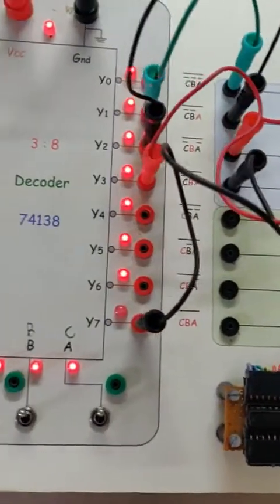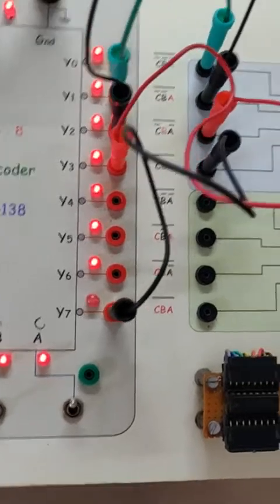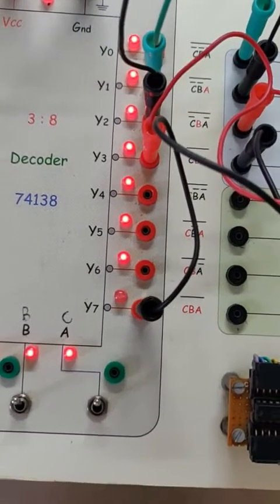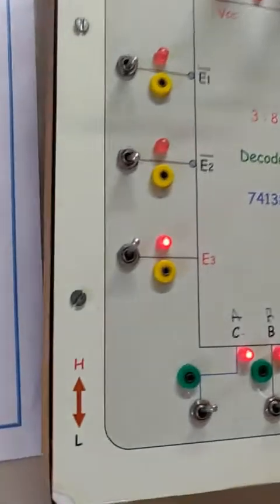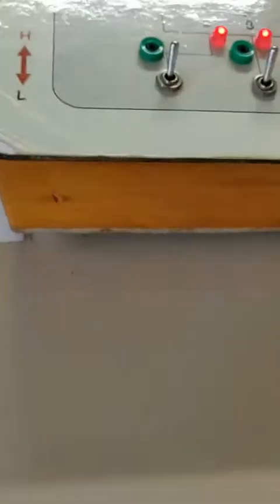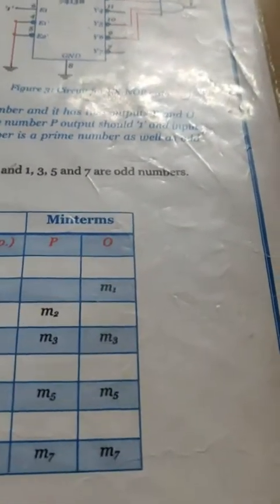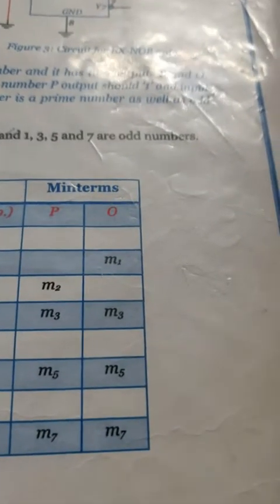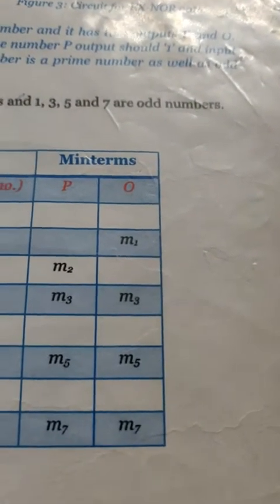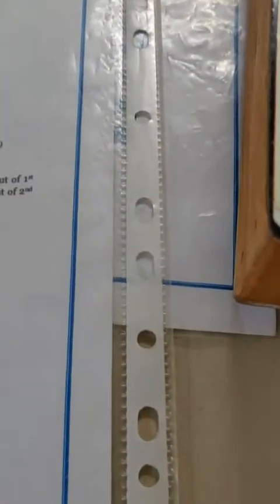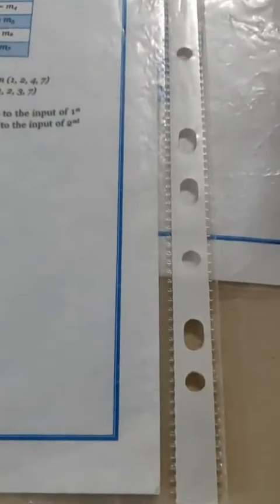This way you can prepare a circuit diagram for full subtractor. That means it will subtract 3 bits. From A, B is going to be subtracted, and from whatever the result is, from that the C is going to be subtracted, and that way you can prepare a truth table for full subtractor. And you can design the circuit diagram for the full subtractor. This is the first application.